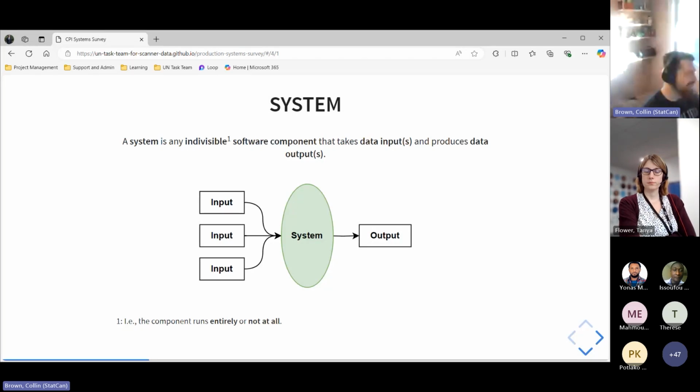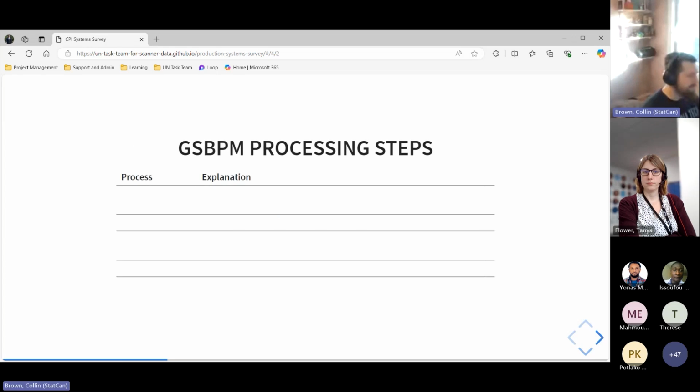The second thing to note is that we're defining this intentionally very open-ended, because we realize how these systems look for different consumer prices groups could be very different depending on the organizational context. For example, a sheet in an Excel workbook could be a system, a Java program could be a system, a Python script could be a system. Really, any software component that transforms input data to output data can be a system. That lets us talk about how these things can interact with each other, even if they're very different. So that's the concept of system.